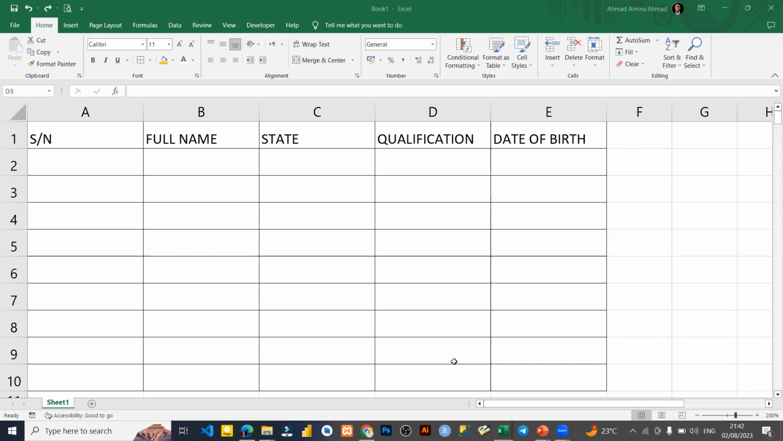Abdul Malik, Abdul Samad, Comfort, Lukman. I think